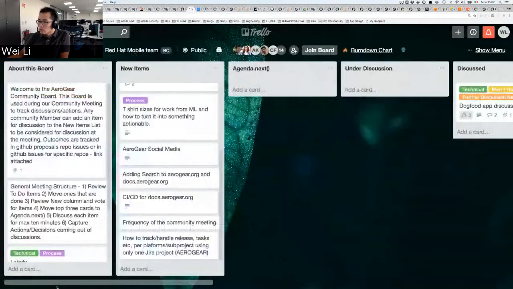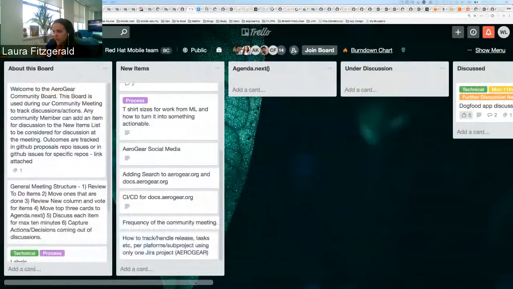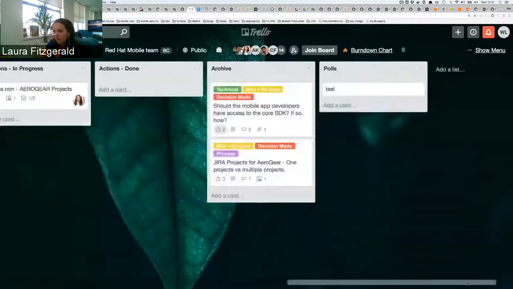Okay, so is someone trying to say something? Yeah, I was just going to comment on the archived ones. So the ones that we made a decision on last time, I've moved to archive. Oh, I also added some labels as well. So the date label and the decision made label. But as you can see, the one that Summers is working on is still over in the discuss column.